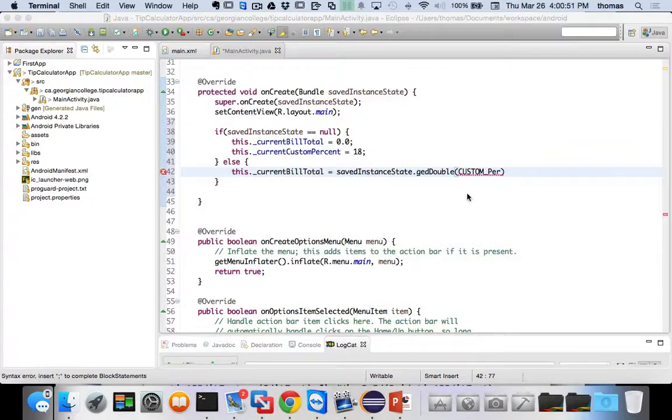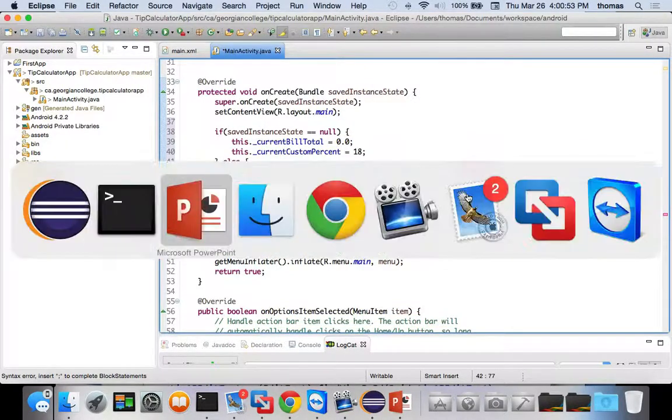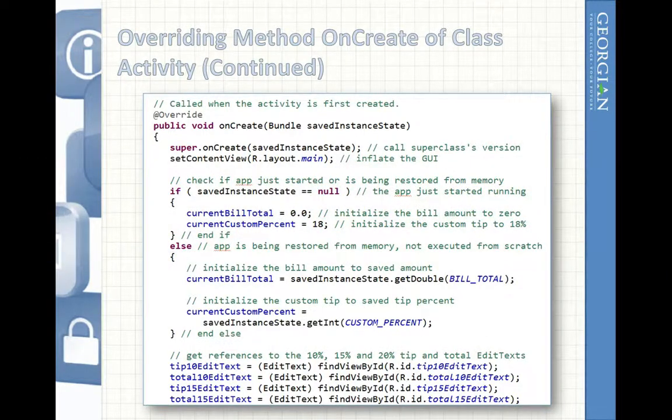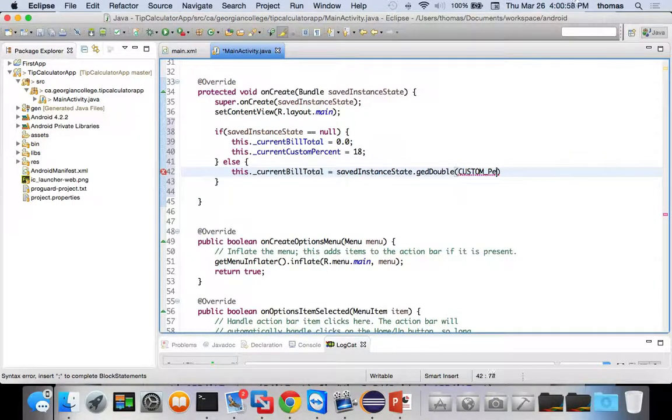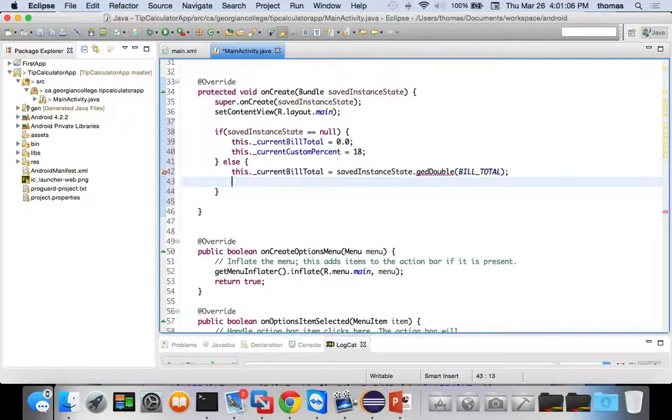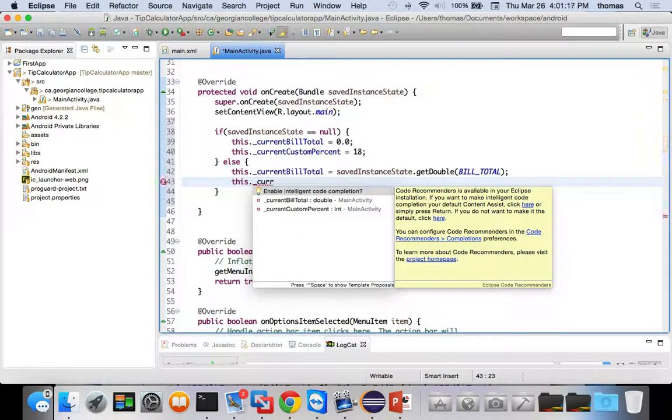Is it custom percent or custom total? I can't remember what it was. It is custom percent. Build total, actually. That'll be okay. Build total. And get, not get double. All right. And then this dot underscore current custom percent